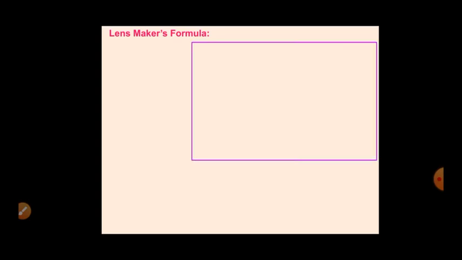In this PPT, this is our lens. You can see the two media we have: one medium outside the lens, with refractive index mu1, and the other medium inside the lens, with refractive index mu2. This is the principal axis. You can see there are two poles of the lens, because there are two refracting surfaces. C is the center, and C1 and C2 are the centers of curvature of the spherical surfaces the lens is made up of.